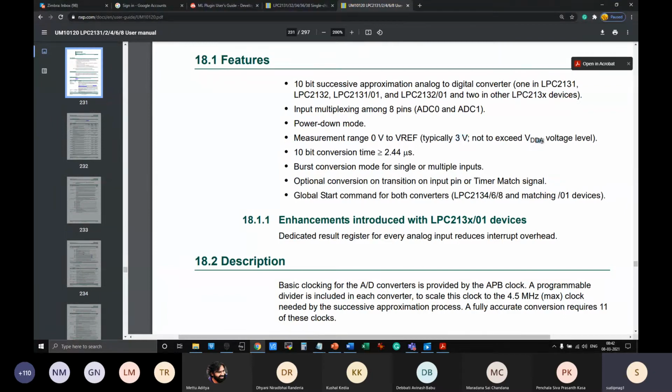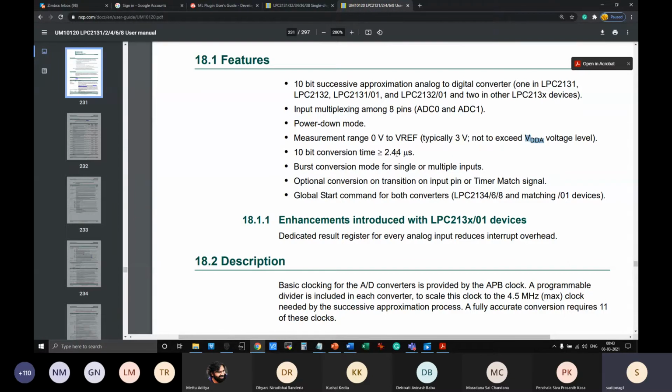Okay, now this VDDA is one of the pins which is available in the pin configuration, which is shown in the pin configuration, and it should never exceed. So typically VDDA can go up to 3.3. So up to 3.3 you can keep VREF. Now you can keep it below 3.3, but you cannot keep it negative voltage. So in this case, the VREF should be larger than 0, but it should be less than or equal to the applied voltage VDDA, which should be maximum 3.3. Now for converting each result, it takes certain time.